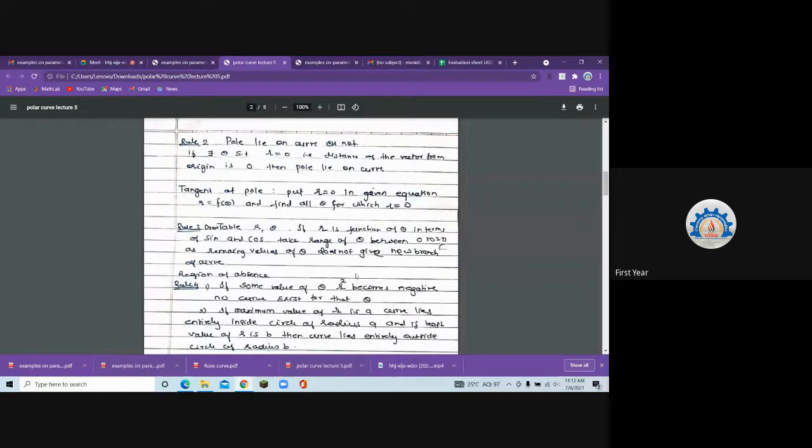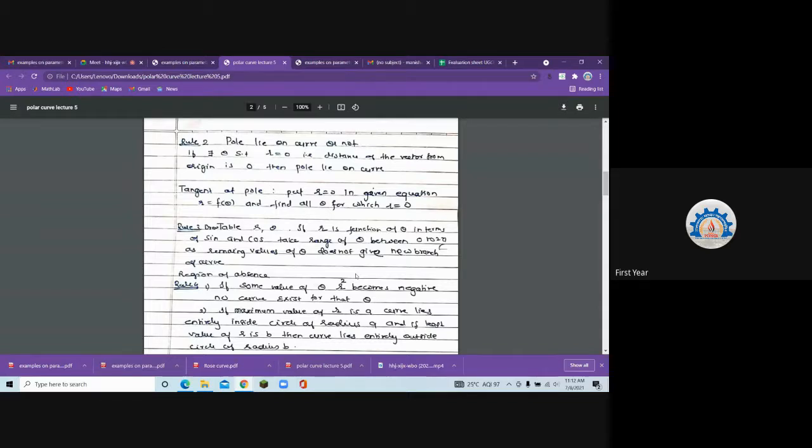For the pole, for some theta, I should get r to be 0. What are we plotting? We are plotting r and theta. So if for theta equal to pi by 2 I get r equal to 0, where will we draw that? The distance of that point from origin is 0. So where will you draw that radius vector? Tell me. Unless and until there is a reply, I won't go ahead.